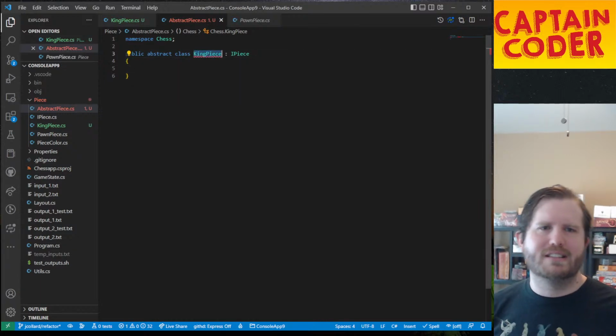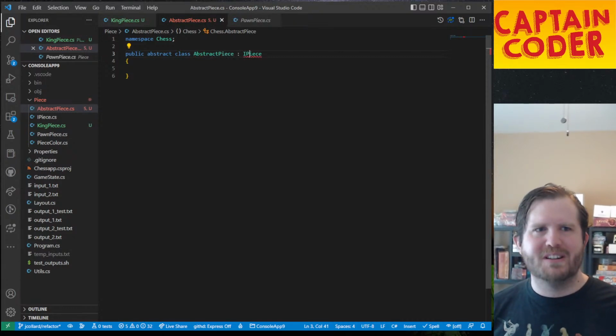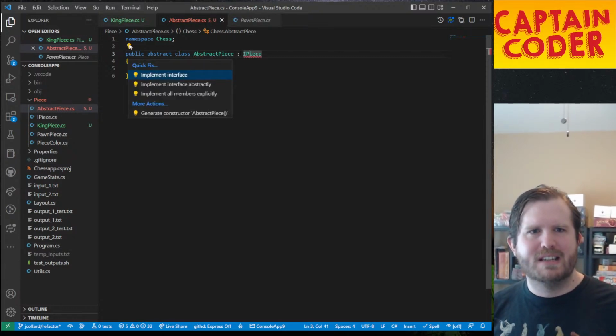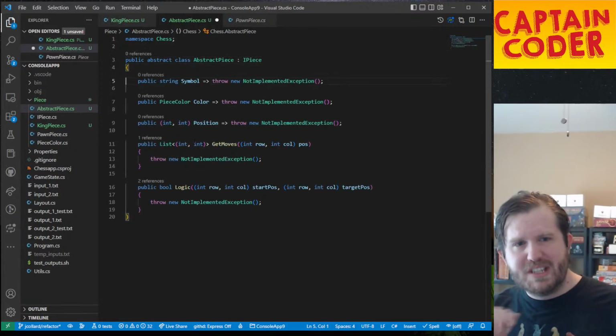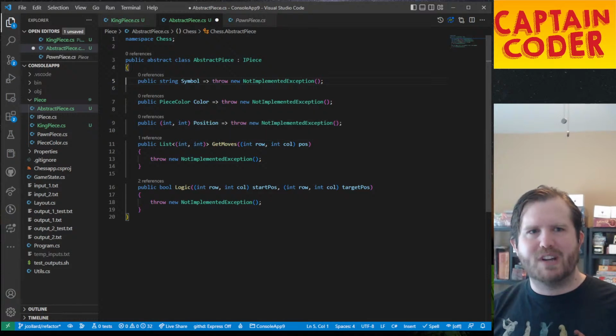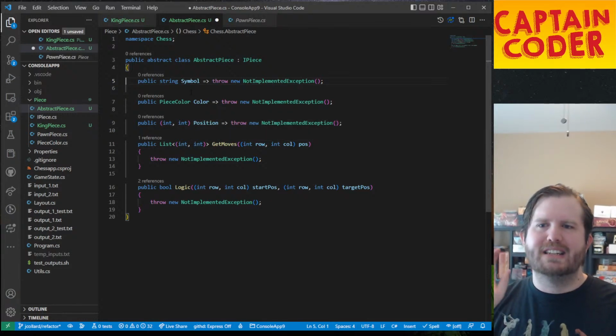Oh, duh. This should be abstract piece. My brain, I couldn't figure it out. All right, so this is abstract piece, and then it's saying implement it here. So the cool thing about abstract, if you're not familiar with abstract, so we talked